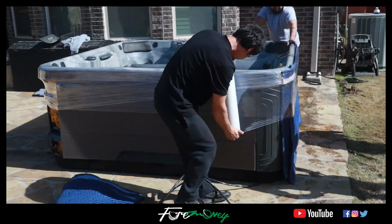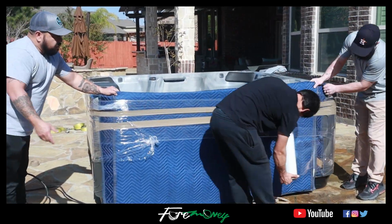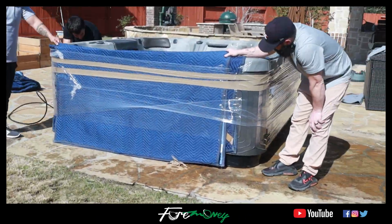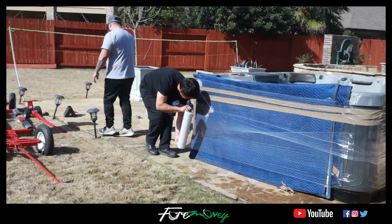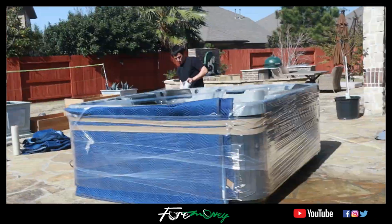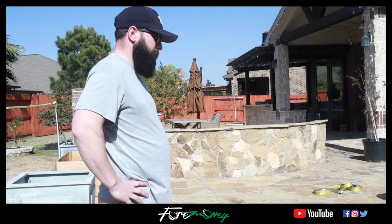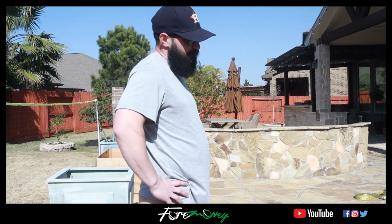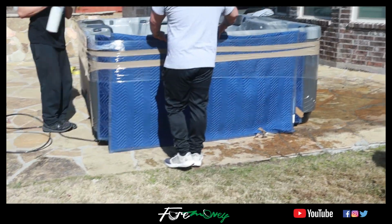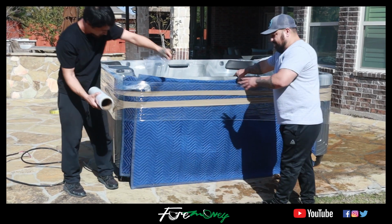You guys leave it wrapped up during transit too? Correct. He does a little bit more than other companies because he's used to moving antiques, baby grands and all kinds of weird stuff. So, I like to pad the hell out of it. I'm dummy proofing it. The idea is to move it and get it over there in the same exact condition that it's in right now. And this blanket is there because it's gonna go on the side where the dolly is? Yeah, correct. It just works as a buffer between the dolly and...